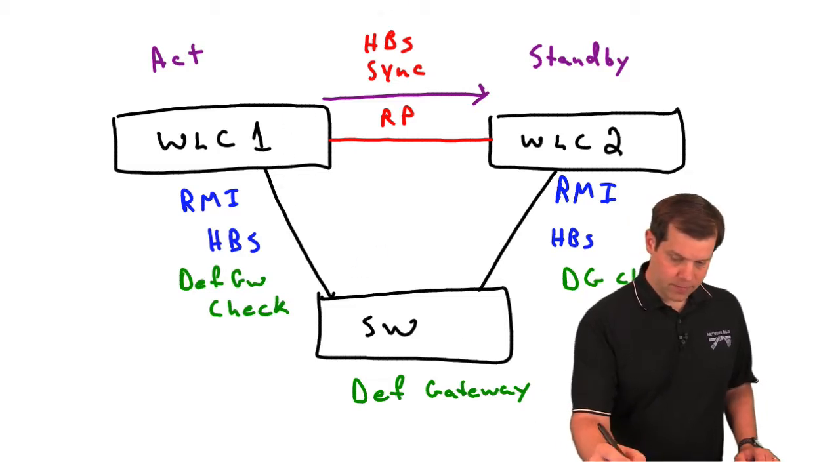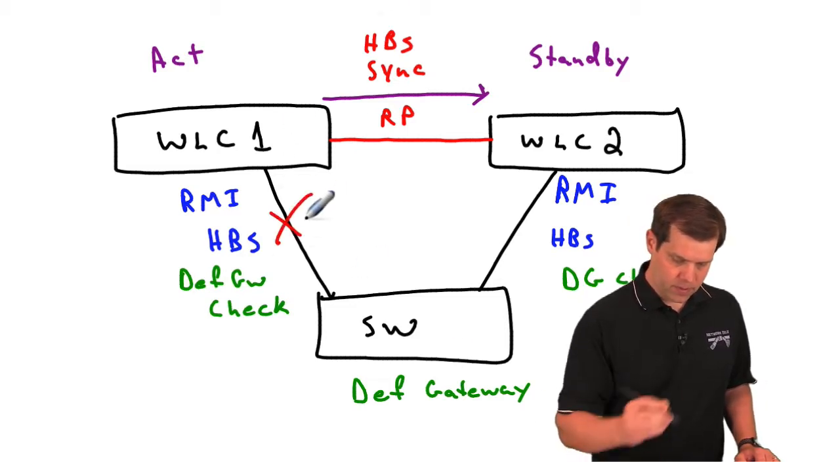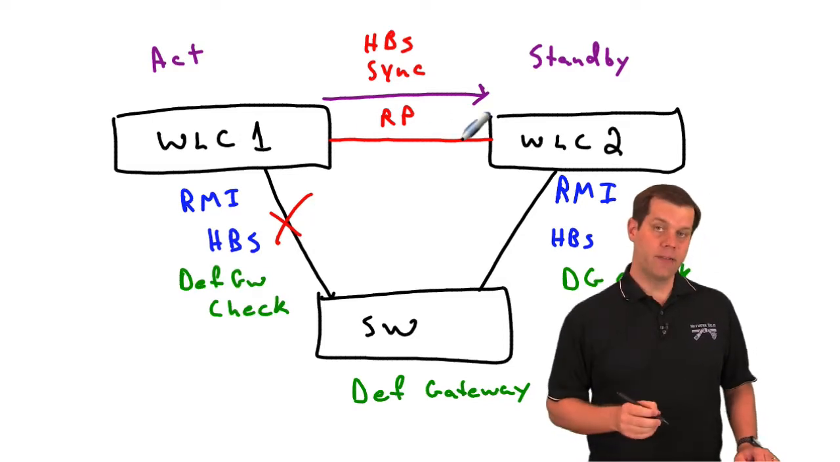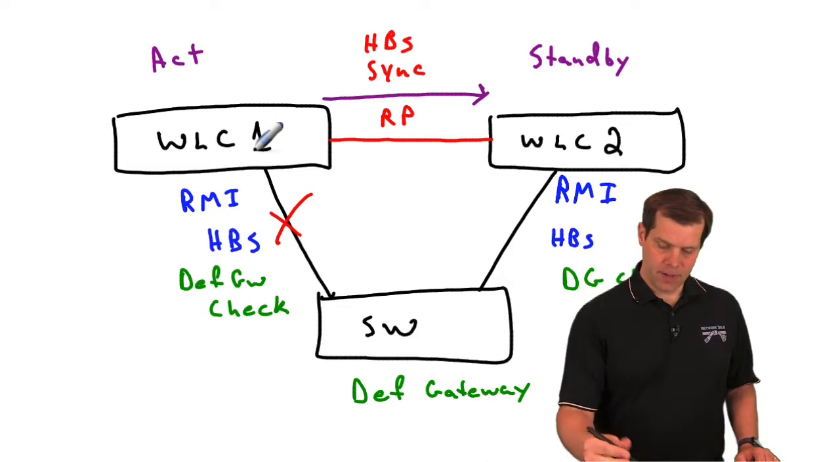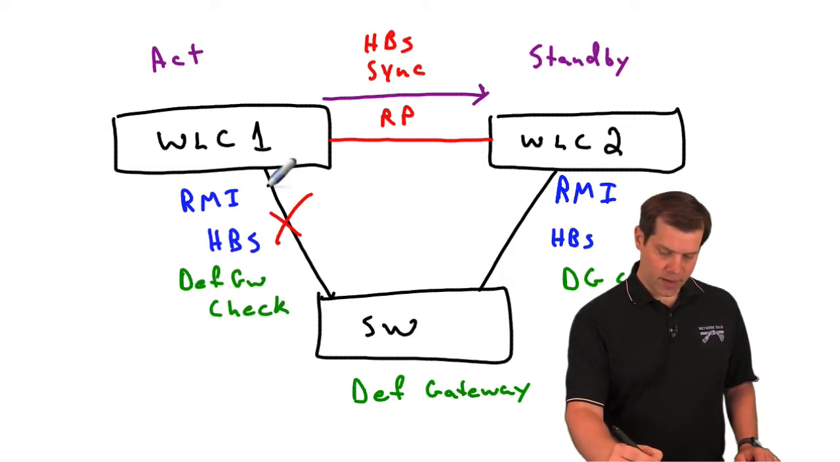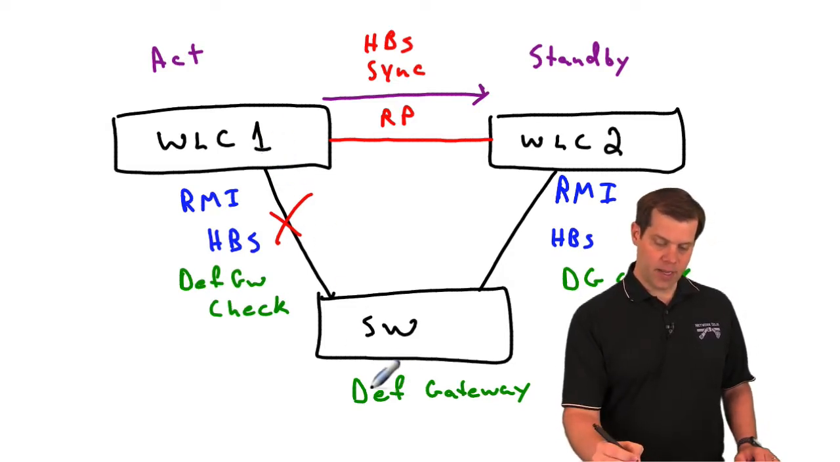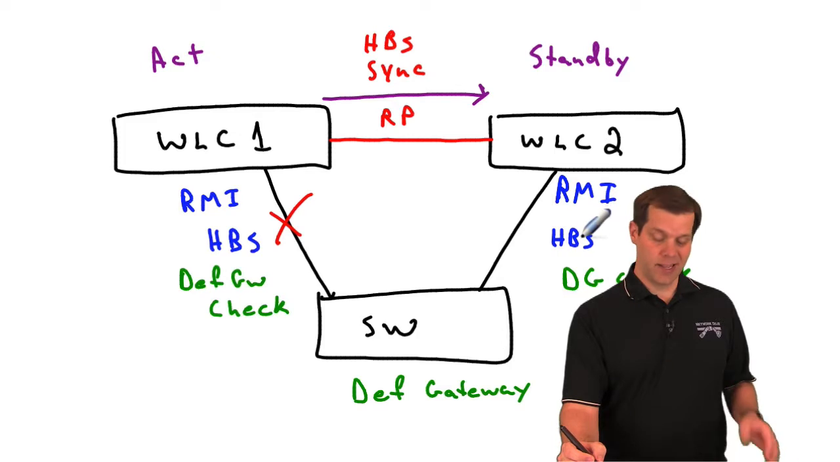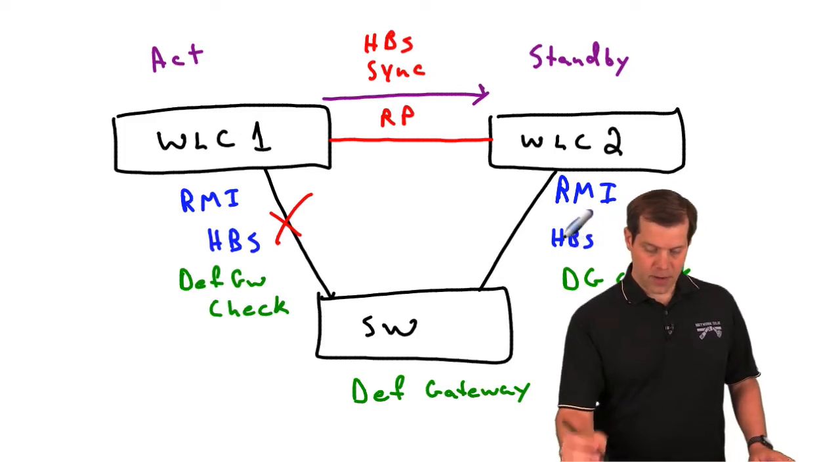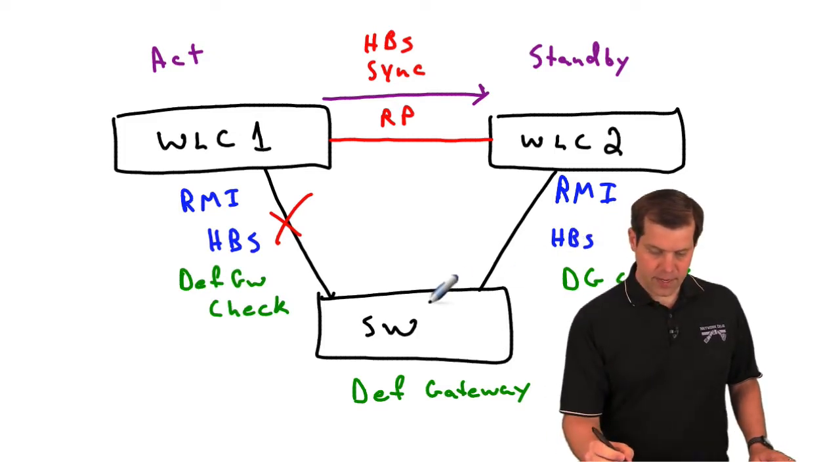This link goes down, but the redundancy port stays up. So controller 1 is still physically on, but for some reason, whether the link goes down or it can't talk to its default gateway, and obviously the redundancy management heartbeats would probably be failing as well. And so in this case,